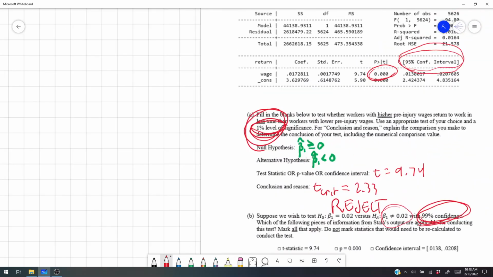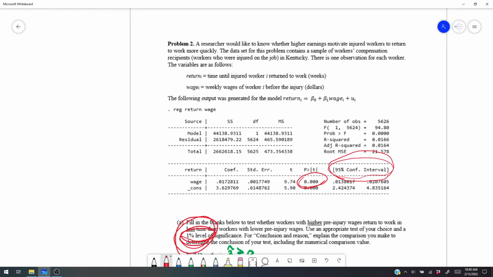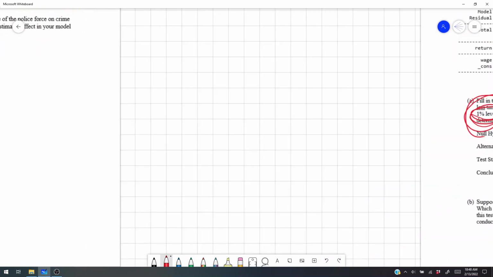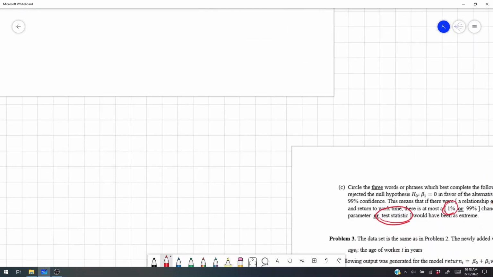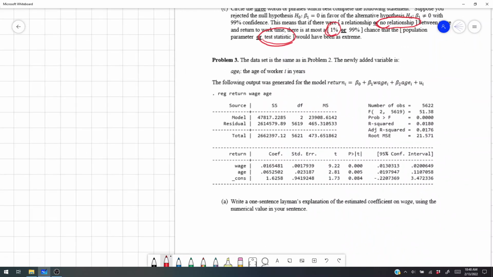Let's go back and check, make sure we get it right. Weekly wages of worker i before the injury, time until they return to work in weeks. So dollars per week, and then weeks off. Let's check this. Write an explanation